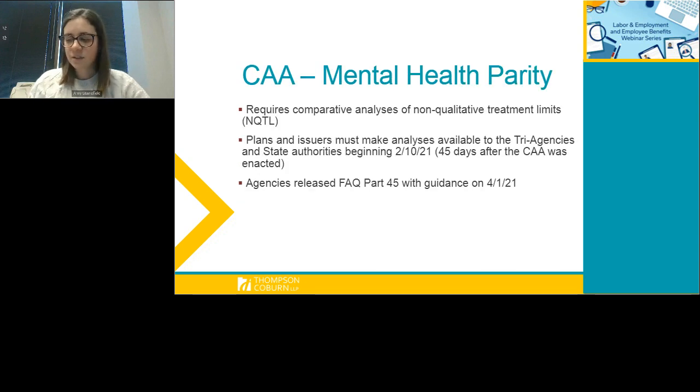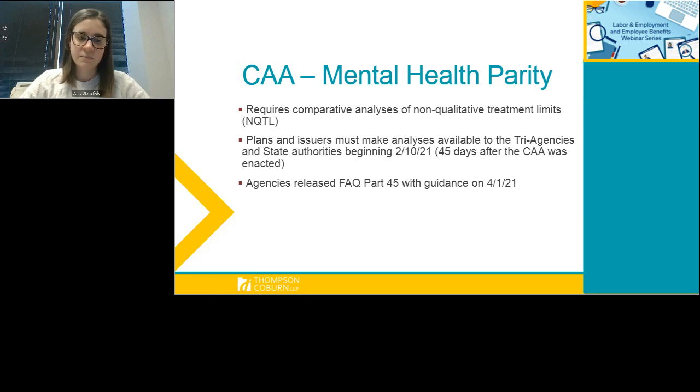The CAA also included some provisions on mental health parity, and it added some new requirements for group health plans. So under the CAA, group health plans must provide a comparative analysis of non-quantitative treatment limits. These plans and group health plan insurance issuers must be able to make these analyses available to the IRS, DOL, and HHS, and to state authorities beginning on February 10th of 2021, which was 45 days after the Consolidated Appropriations